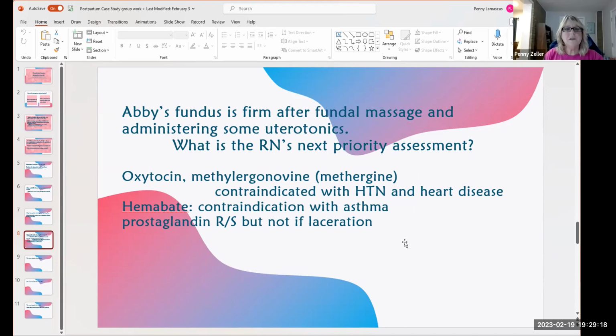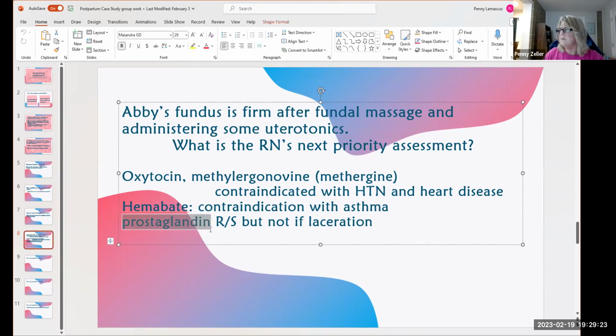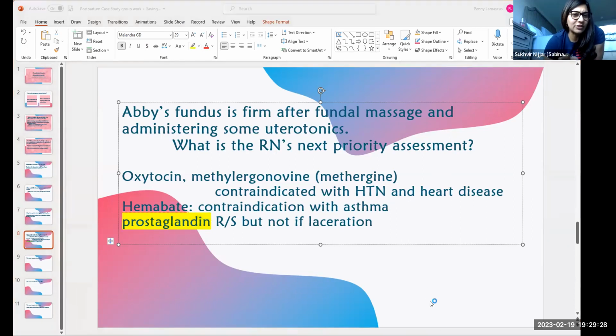So misoprostol then is what? What kind of a drug is it? It's for cervix ripening. Prostaglandin. It's a prostaglandin. Can you see my slides? Yes. Okay, it's a prostaglandin. Misoprostol, also known as Cytotec, is a prostaglandin. What do you know about the drug misoprostol? What else do we use it for? To keep the pregnancy. It stimulates contraction.